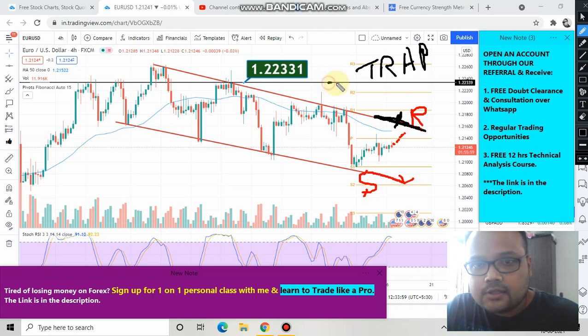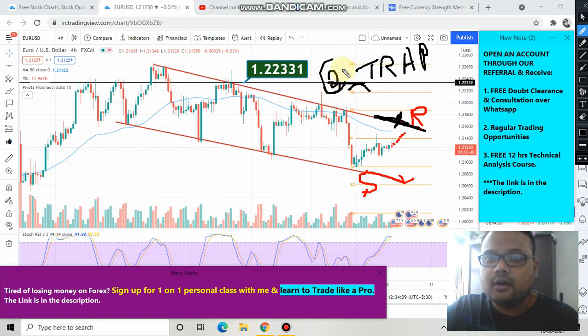On the other hand, we have this level also. If market goes up and reverses from this particular level, then we need to short the market when market reverses from here. So this level is the third trading opportunity or possibility for us. But right now the current market price is far away from this particular price level 1.2233,